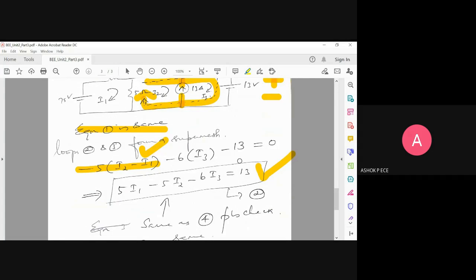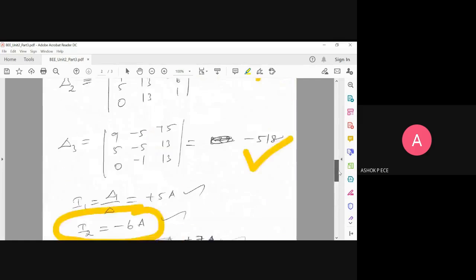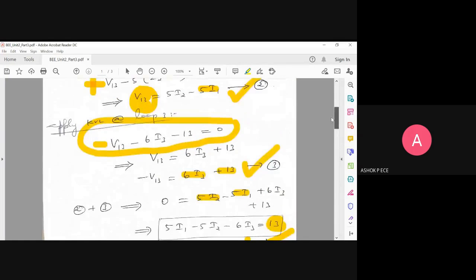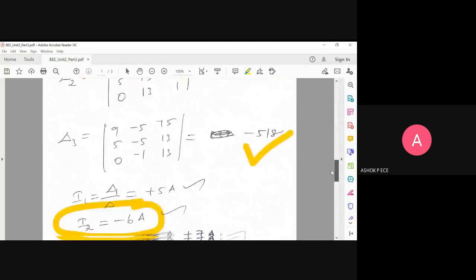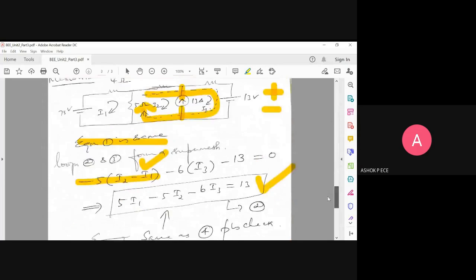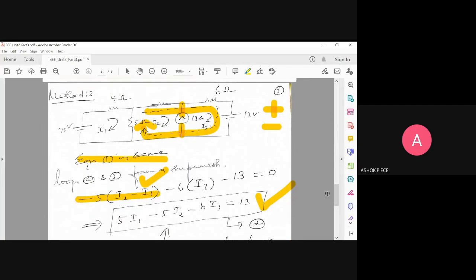This equation is the one we got previously by eliminating V13 using loop 2 and loop 3. There, we did it in 2 steps, but when you apply the super mesh, you get the answer in a single step. That is the one thing you have to understand: how to write the super mesh equation directly. We didn't assume any value for the voltage across the current source. We ignored the current source and applied the super mesh directly in this path. But in the previous case, we applied KVL in 2 loops separately and then eliminated the voltage across this 13 amp current source. So those are the 2 methods we have.